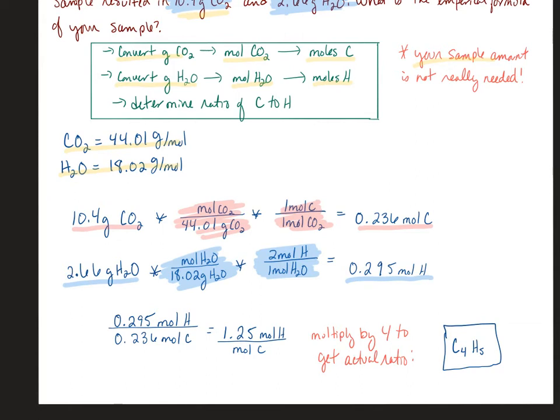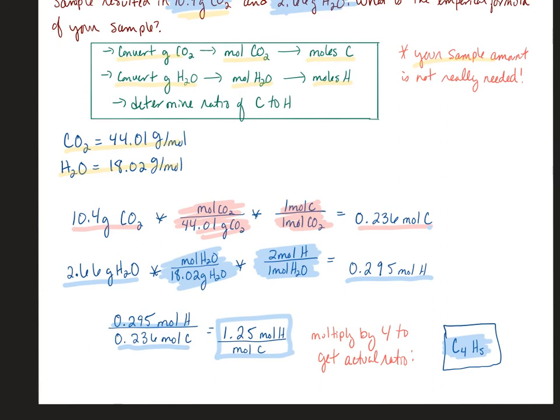Then, just like we did before in elemental analysis, you divide by the lower number between those 2 moles. And in this case, that is moles of carbon. So 0.236 moles goes on the bottom of 0.295 moles of hydrogen. And we get that there's a ratio of 1.25 moles of hydrogen for every mole of carbon. Remember, atoms, we need to make sure that they're in whole number ratios. So given that I have 1.25, that tells me I need to multiply by 4 to get those into whole number values, and that's how I end up with